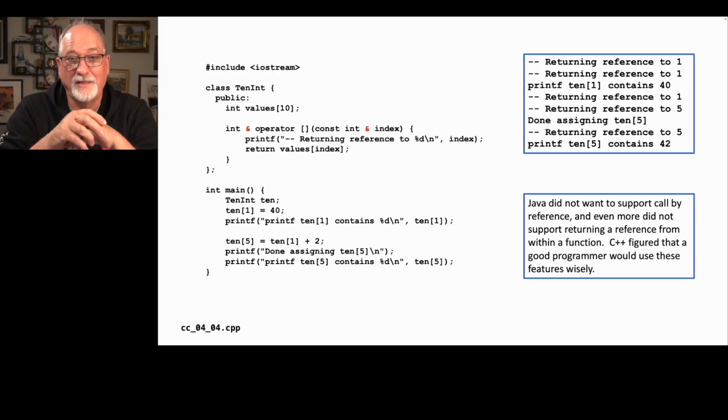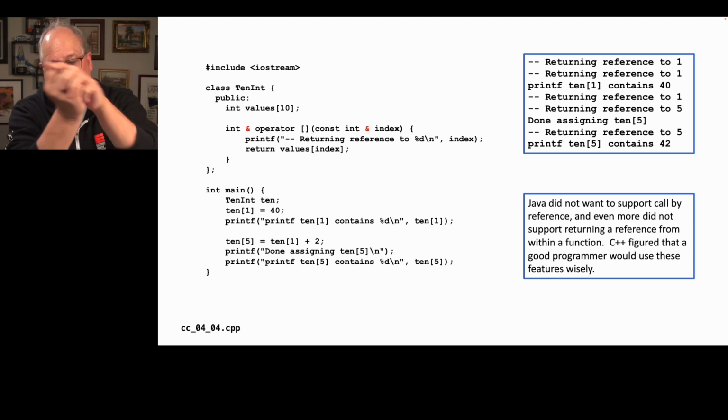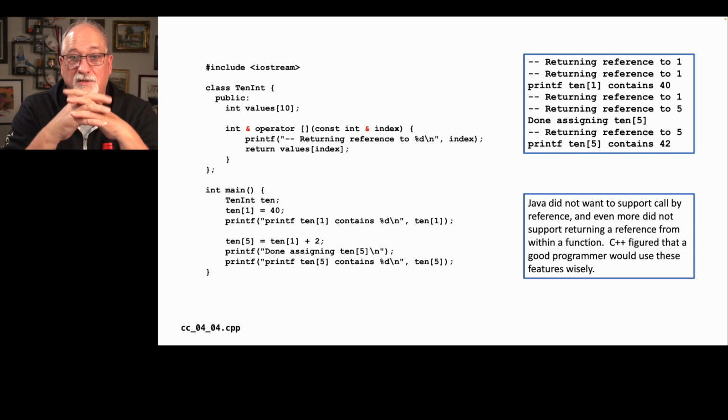These are powerful, complex, and potentially quite dangerous things, right? But the C++ design was, hey, you are a samurai warrior, and you are going to use these very wisely, and we don't want to take power away from you. We want to give you all the power that you might want, and just trust that you're not going to make mistakes, right? And so the choices that Java and Python make are like, no, no, no, we don't want you to make mistakes, so we're not even going to give you this kind of thing. There are other ways to do everything.